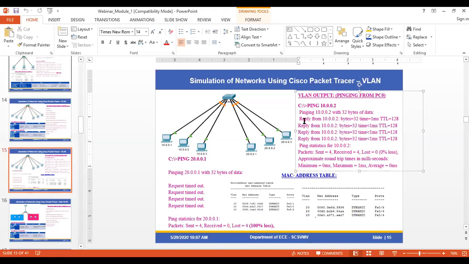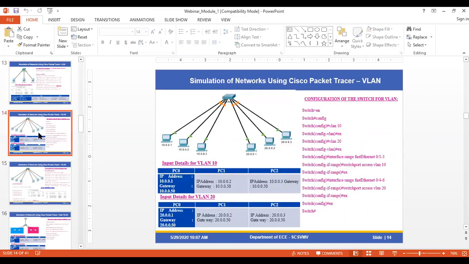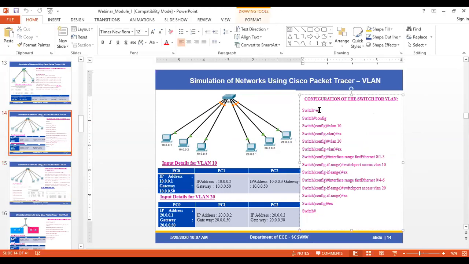Okay, for constructing the VLAN, we previously discussed this in the theory session. Here is the LAN network, and next is the VLAN network. Using this instruction, the enable command, then configure VLAN 10 and exit. In this manner you have to give the command here.